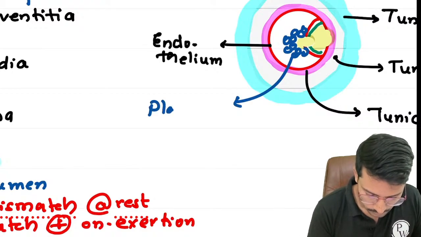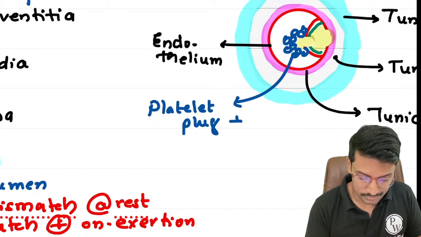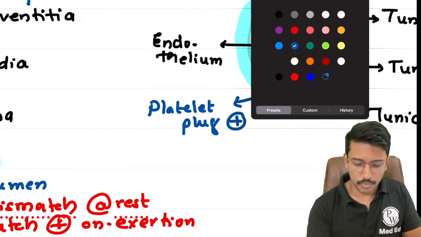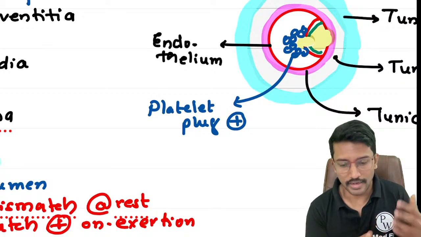This is the platelet plug. The platelet plug is formed here. And once the platelet plug is formed, there will be activation of the coagulation cascade. And when we activate the coagulation,